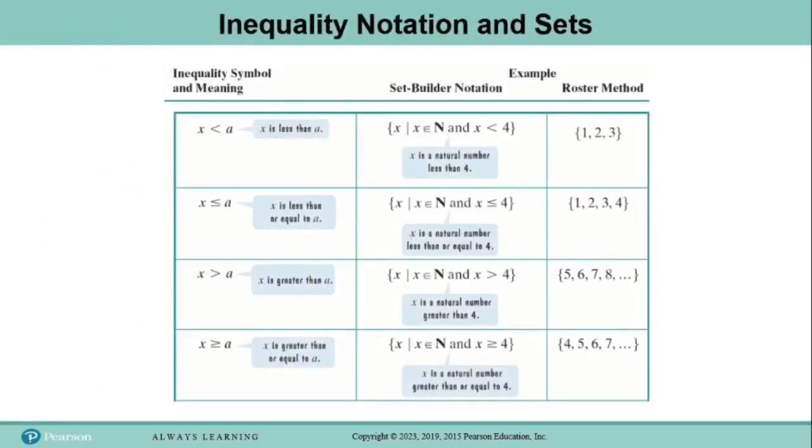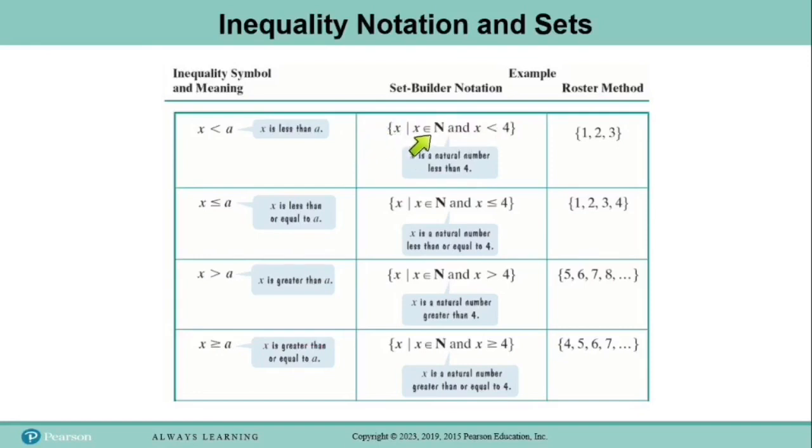Okay, now a lot of times when you're dealing with set builder notation, numbers will be described with inequalities. So let's just kind of look at the different types of inequalities we can have. We are familiar with the less than sign, so this inequality says x is less than a. In set builder notation, you could possibly have a set like this, where it says the set of all elements